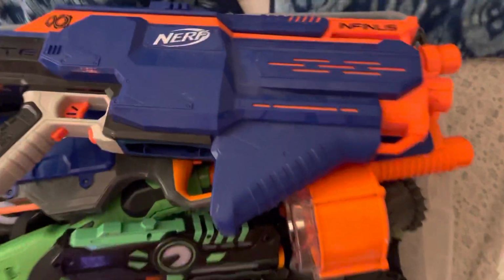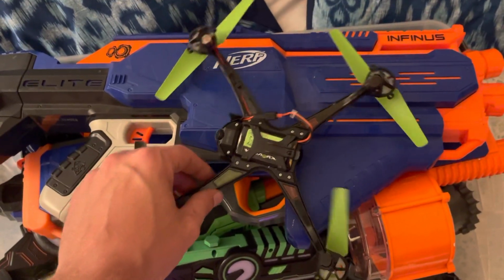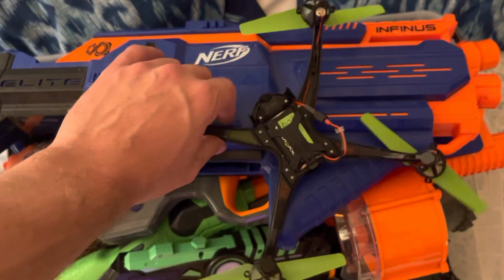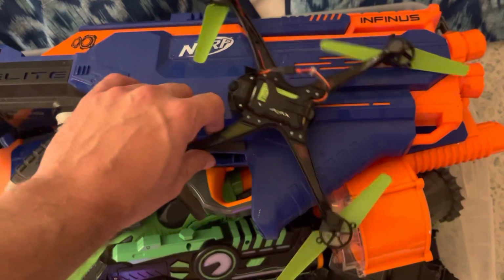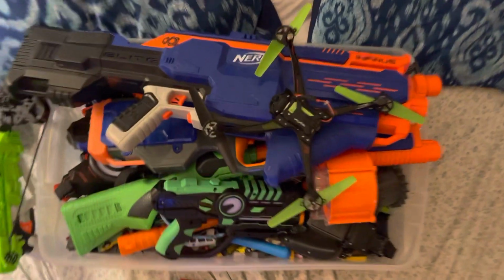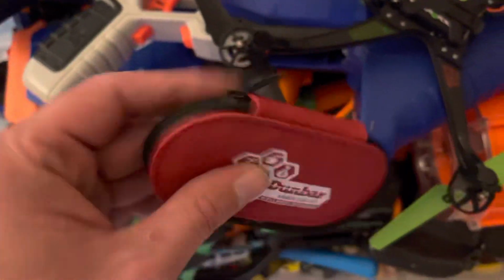Dr. Fish spending $10 on some toys. I'm gonna get that drone working too. I always get this kind of stuff, man, because I'm gonna do some cool stuff with this. I'm gonna get some darts for the Nerf guns too. Oh, look, this fell out. I don't even know what it is. Some kind of little